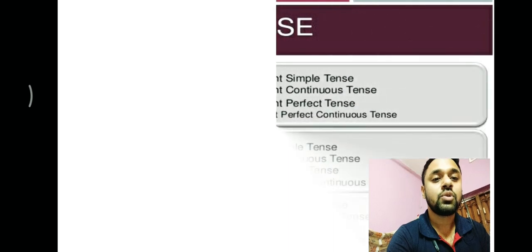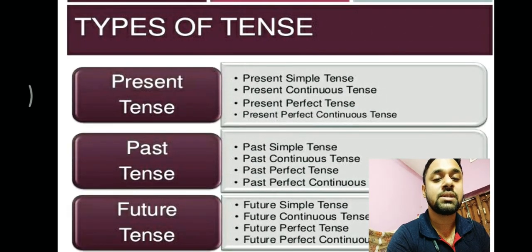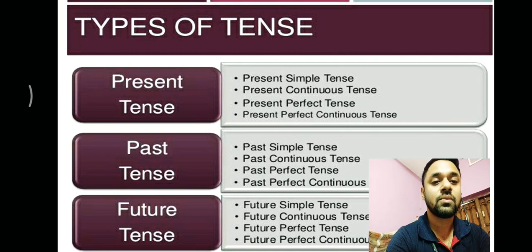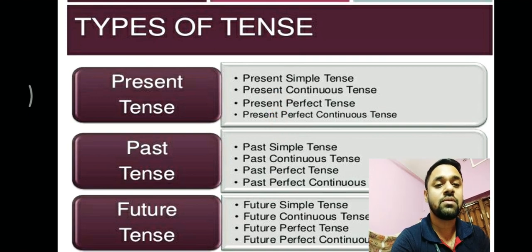There are a total of 3 types of tenses: present tense, past tense and future tense. Every tense has 4 different types. So today we discuss about